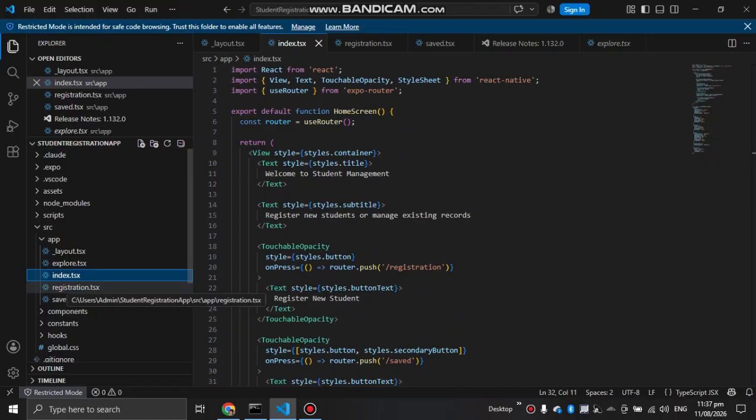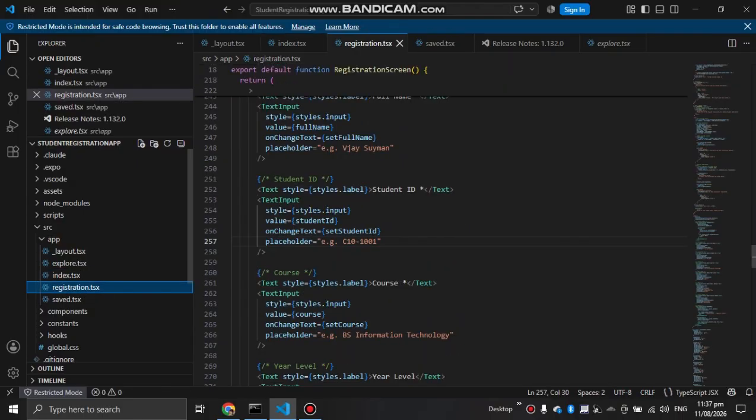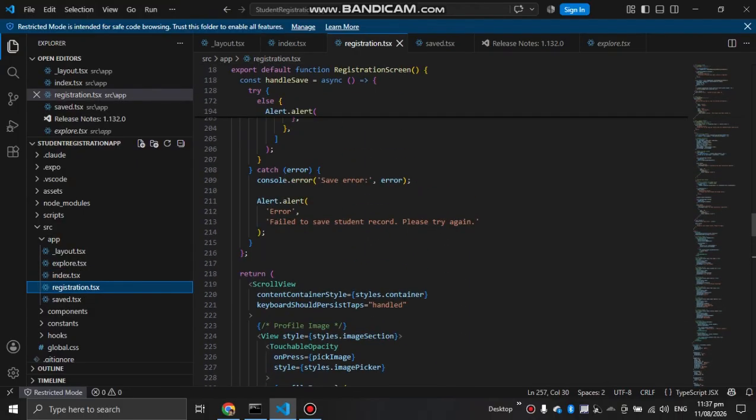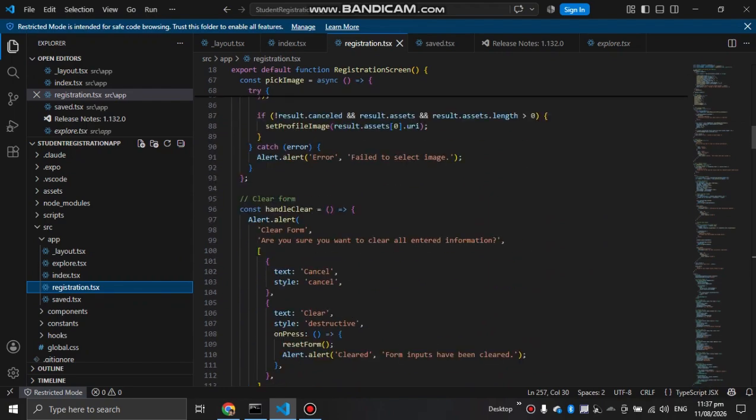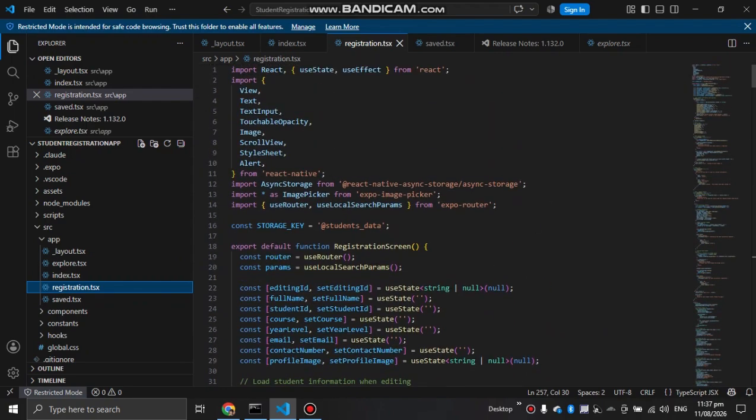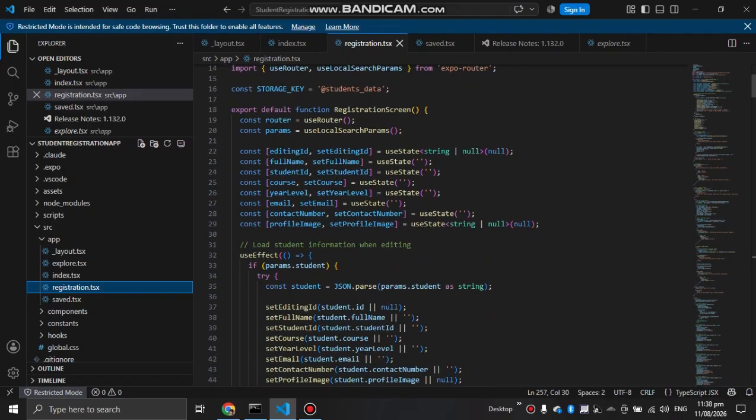The next one is the registration.tsx. For our registration, we import React, useState, and useEffect from React, then import View, Text, and so on and so forth. We use useEffect for fetching our data, then it loads student information and editing.